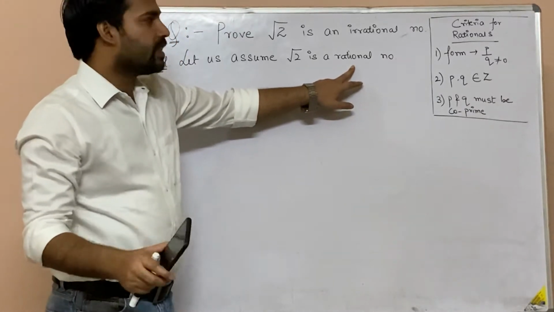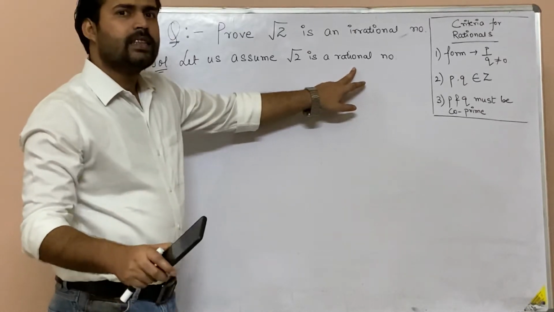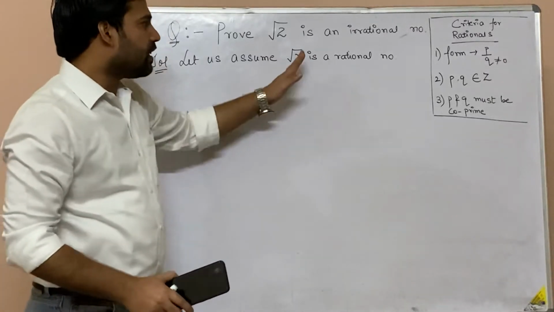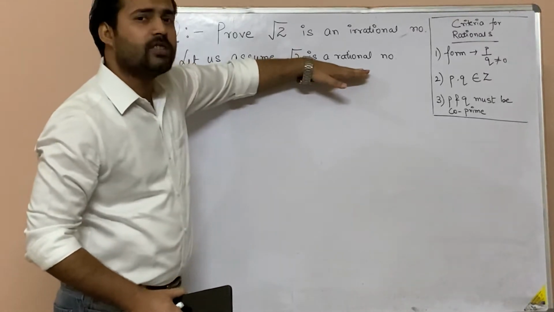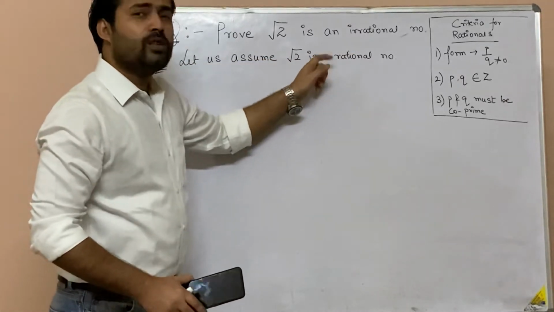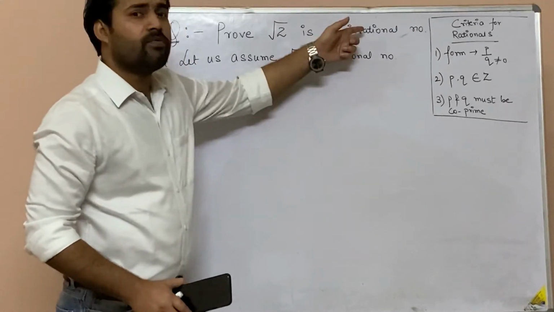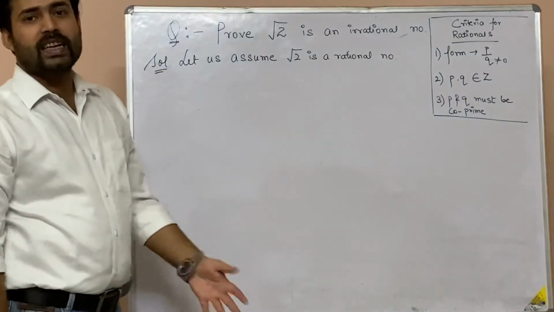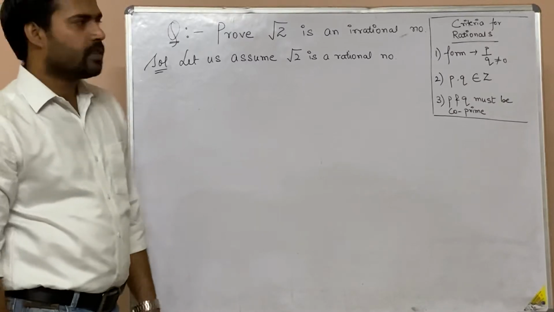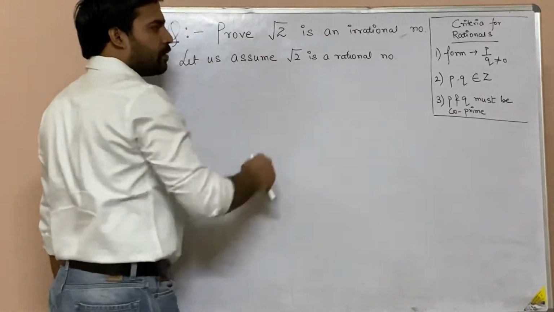If you are saying let us consider root 2 is a rational number, that is your assumption. While proving the question you will prove what? That root 2 is a rational number, this statement is wrong. If this statement is wrong, they will simply say root 2 is not a rational number. So if it is not a rational number, then automatically it will become what? An irrational number, because irrational numbers are those numbers which are not rational. Clear? So my approach is to prove this particular statement wrong.